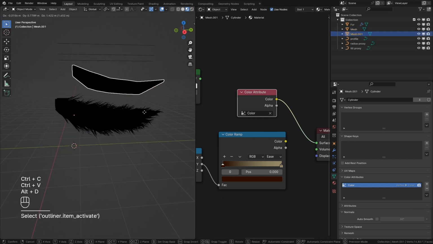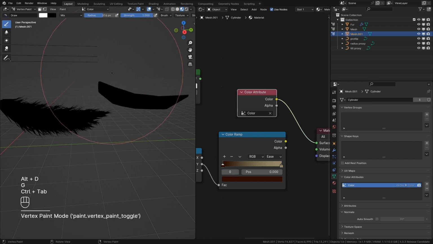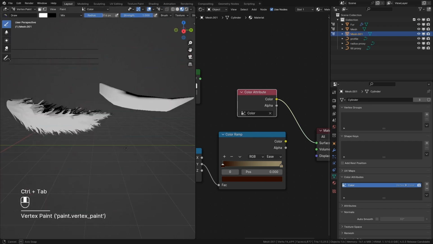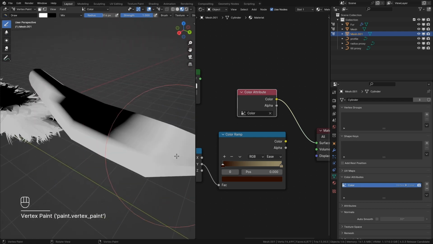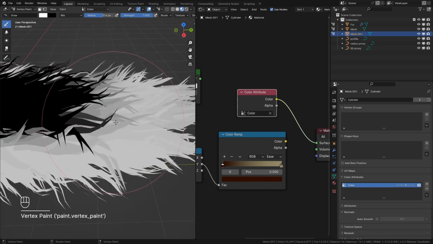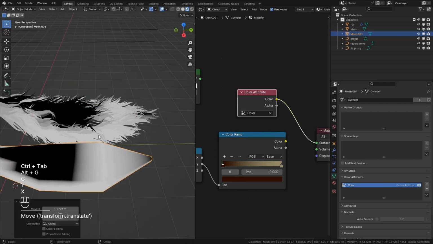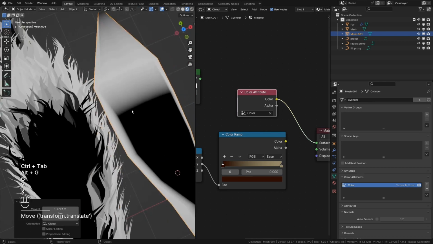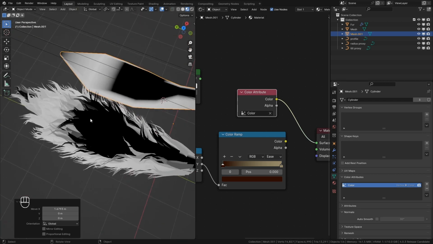If we create another link duplicate of our mesh object, go to vertex paint, you can see any painting we do here is also reflected on the cards. But even though we have these gradations on the actual mesh object itself, the cards have more discrete coloring because